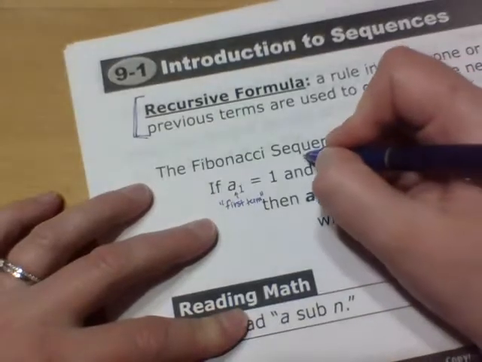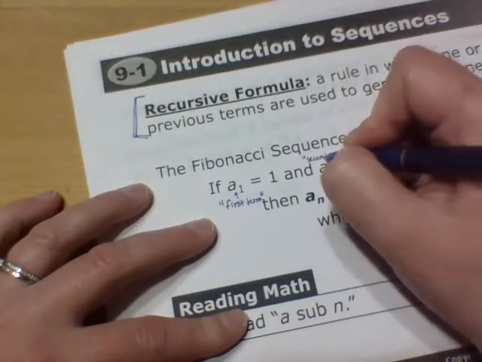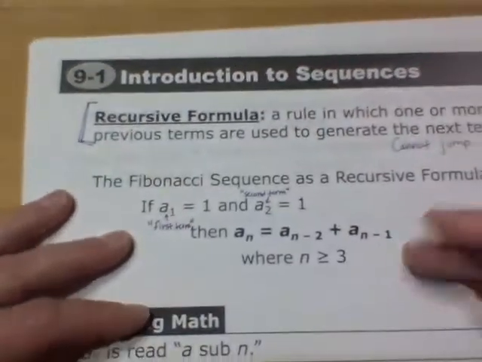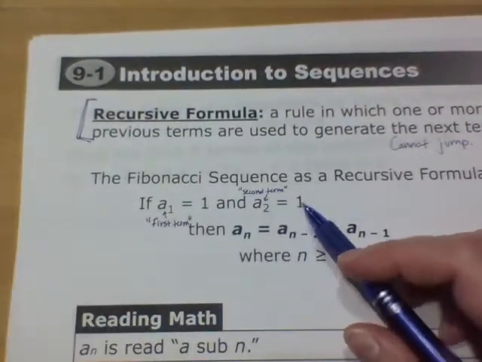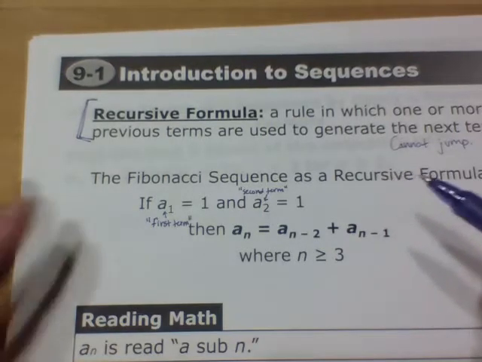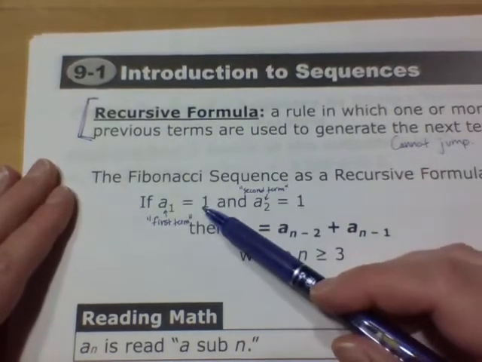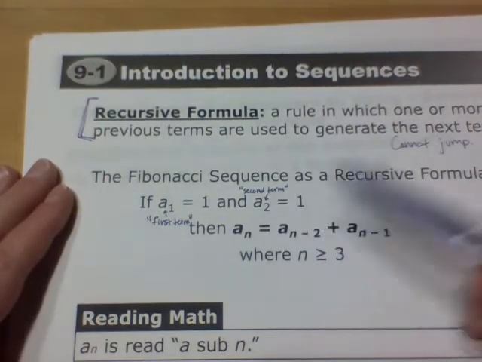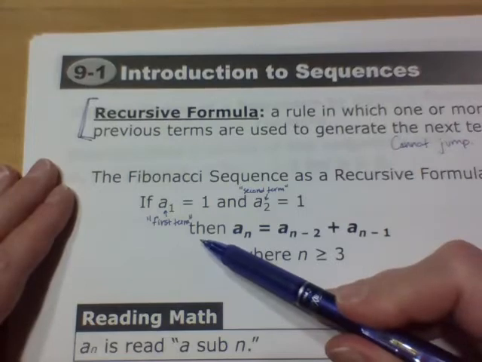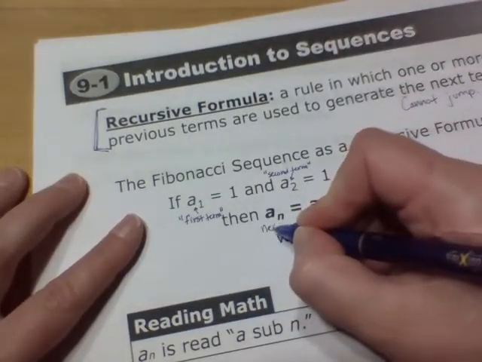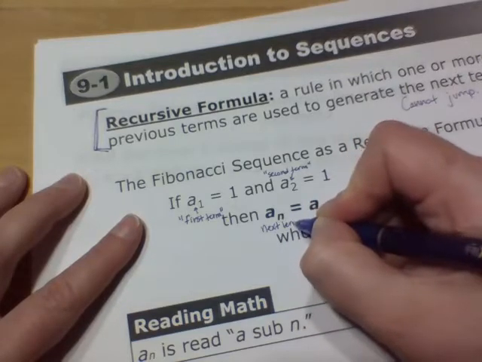And then this here is saying second term is 1. So again, remember in the Fibonacci sequence, a lot of times they actually don't start with 0, they'll start with just 1. So this is saying that in the Fibonacci sequence, the first term is 1, the second term is 1, and then in order to get all of the next terms,